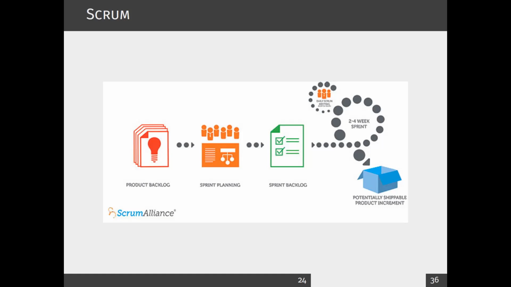Now, once you finish this 2 to 4 week sprint, they'll meet again, and then usually the team will demonstrate or show the changes to their customers, and then they get the feedback, right? So there are two things that could happen. One is getting feedback on what they have implemented. The second one is what features they are going to implement next. So this is normally what they call sprint review,